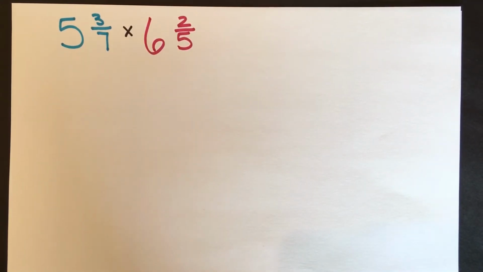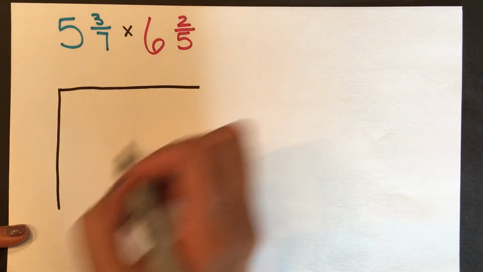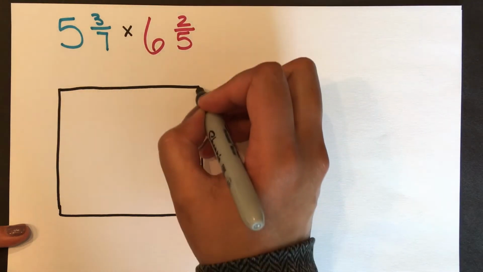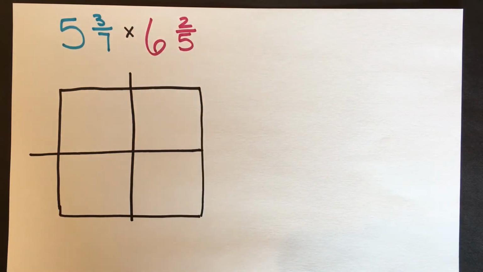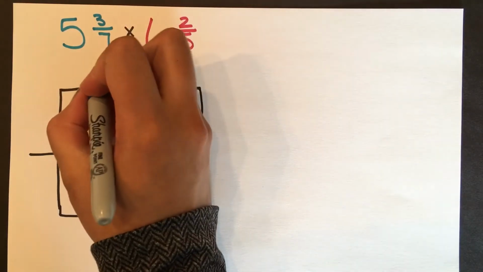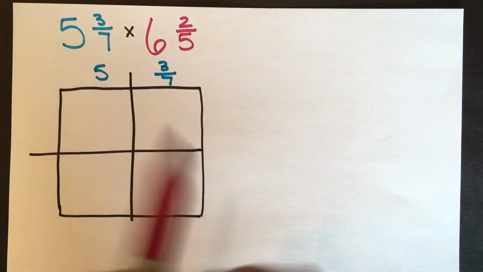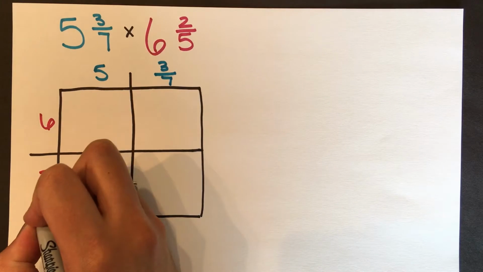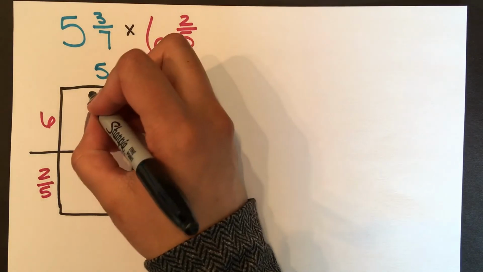Our next problem is 5 3/7 times 6 2/5. So we are going to draw our area model. We're going to split this into 4 pieces. We're going to write 5 3/7, and we're going to write 6 and 2/5. Then, just like we do with our area multiplication problems, we write the baby problems, our non-negotiables,